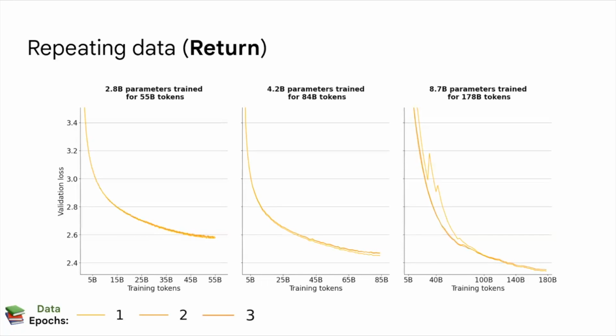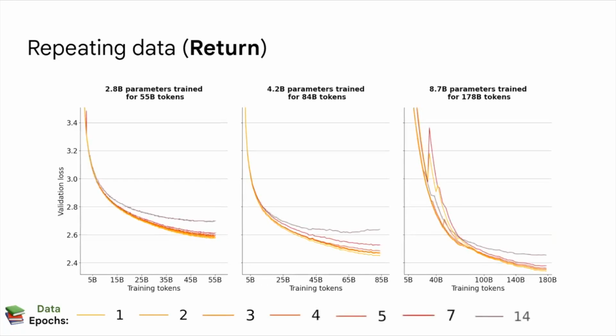And then 3 epochs. So here only a third of the tokens are unique and they're repeated 3 times. Then 4, 5, 7, 14. And now we do start to see a difference. So there are diminishing returns to repeating. And then eventually at 44 epochs, it even completely diverges. So this is quite extreme. In the 44 epoch case, for the first configuration, we have 1.3 billion unique tokens and they're repeated 44 times. So it's intuitive that it shouldn't work that well, and it even completely diverges.